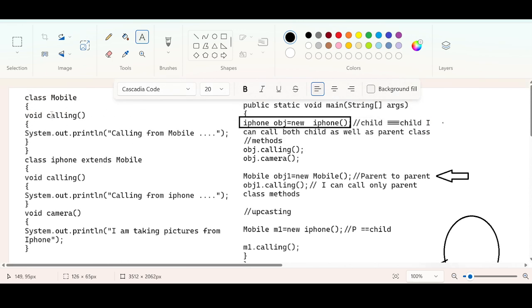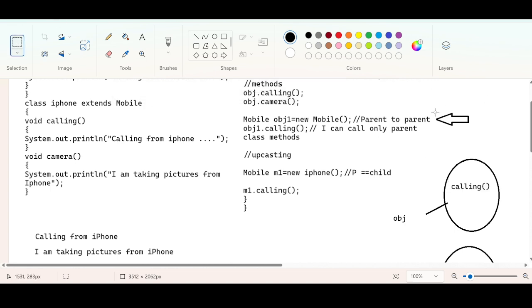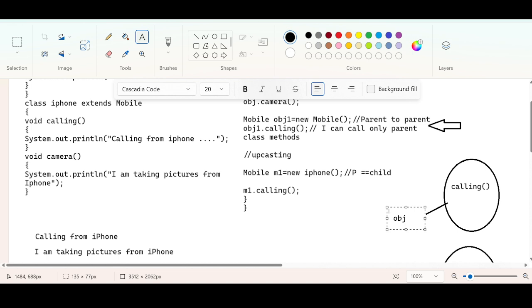So in the mobile class we have only one calling method, right? So the control will jump to the next line, obj1 dot calling. This is obj1, guys. I made a mistake. By using this obj1, which method are we calling?